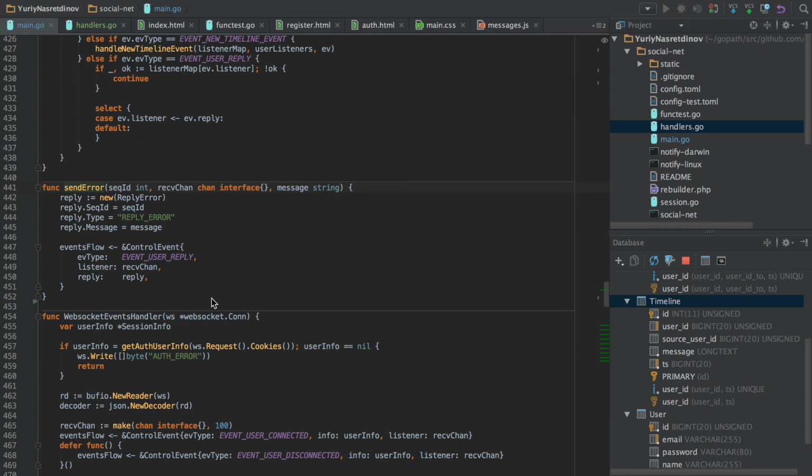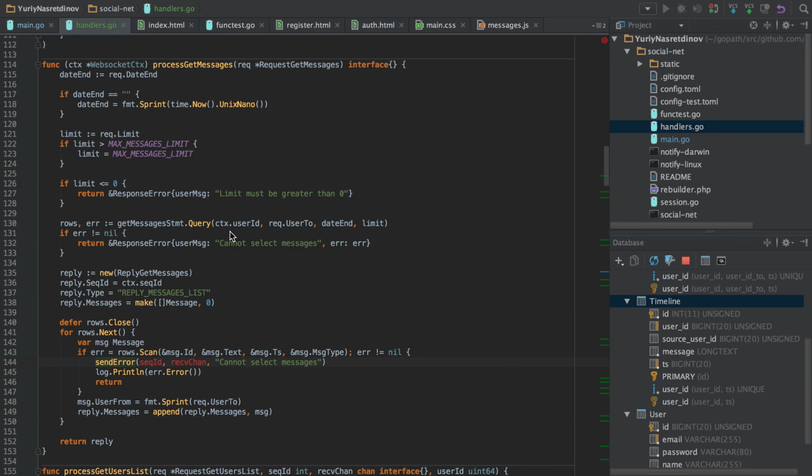And sendError is not really required here as well, but it can be used still. So we just simplify the interface by making it return the response error instead of doing this manually.